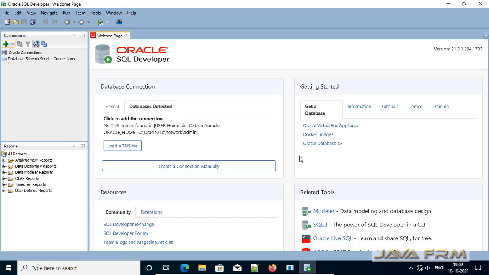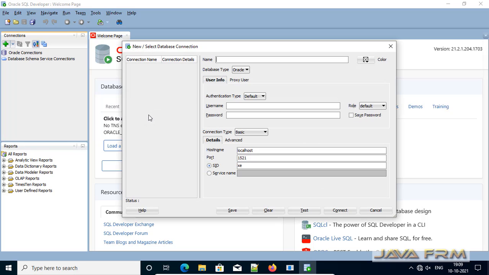Now I am going to create one connection manually. I am creating one connection name. I am going to connect as the sys user.